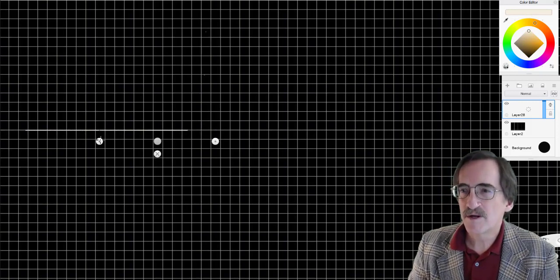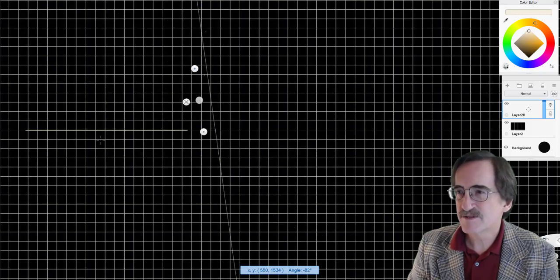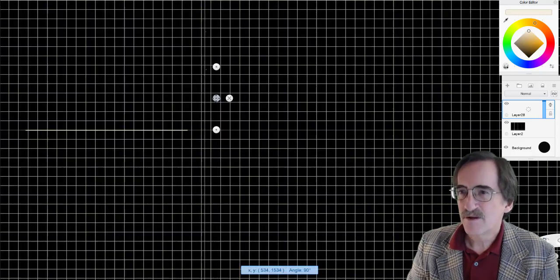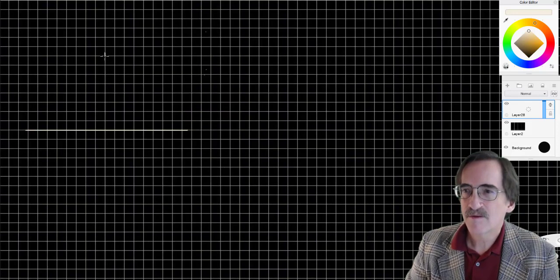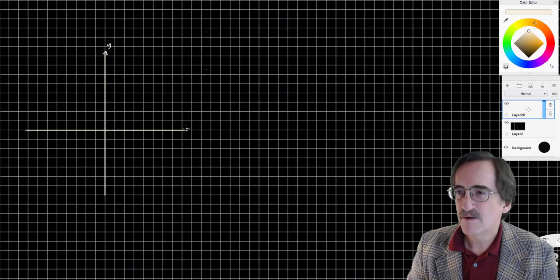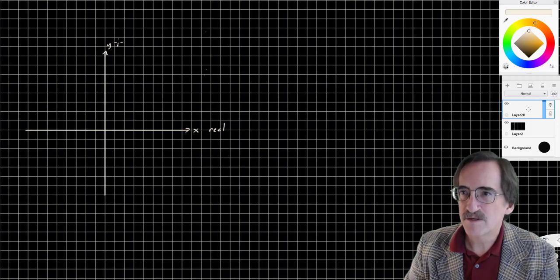And we did operations on complex numbers and so forth. So here's x, this is the real axis, and y is the